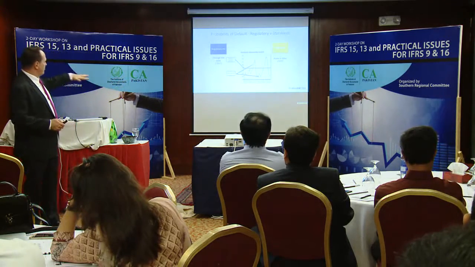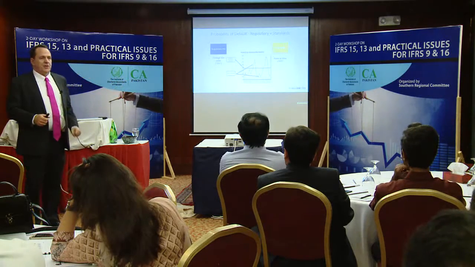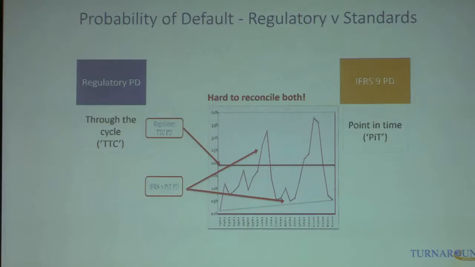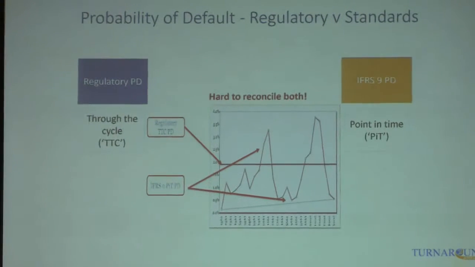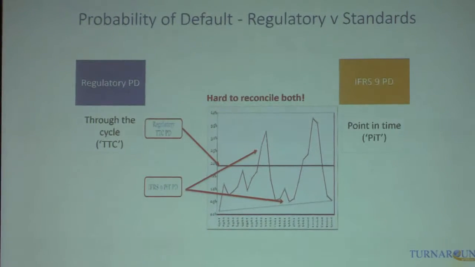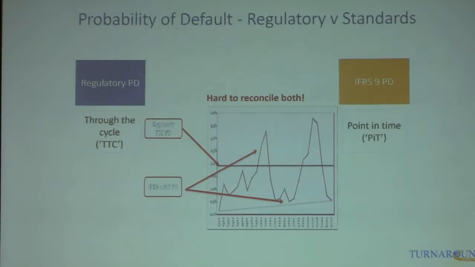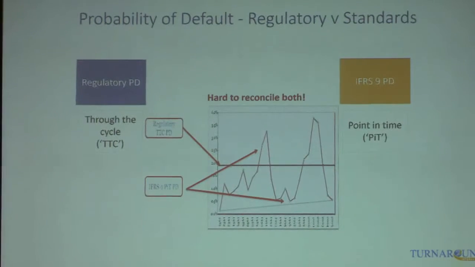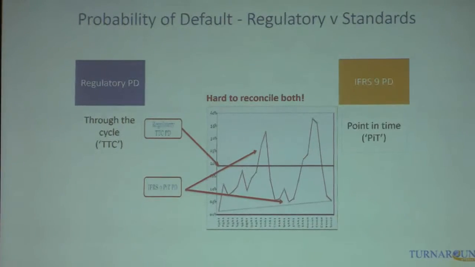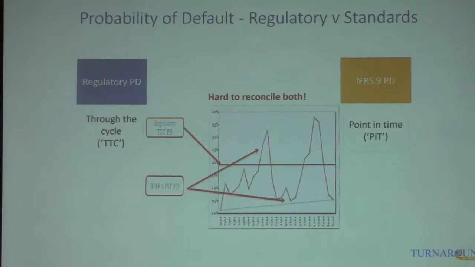Okay. And it's hard to reconcile the two, so it's very difficult to reconcile Basel with IFRS. And I'm sure if I was an auditor, I'd want to try and reconcile it, right? Can you reconcile yours? Have you guys tried? You didn't try? Okay. By the way, under Basel, generally banks here in this country are using the simplified approach rather than internal rating. So they don't calculate PDs the way we calculate for IFRS 9. Got it.